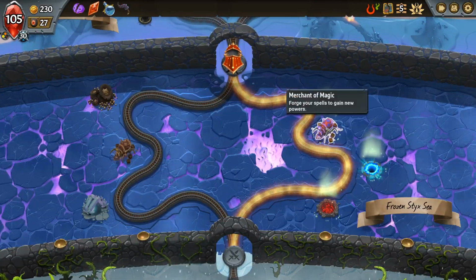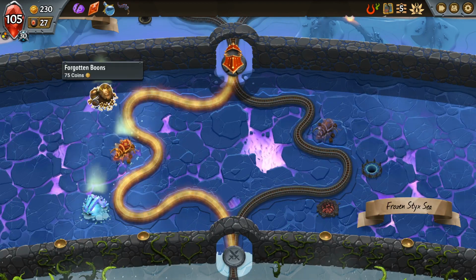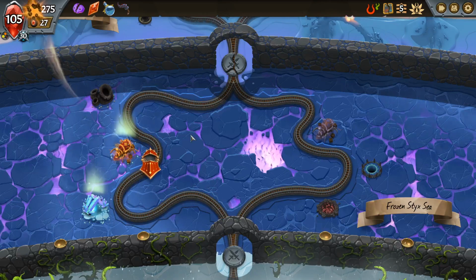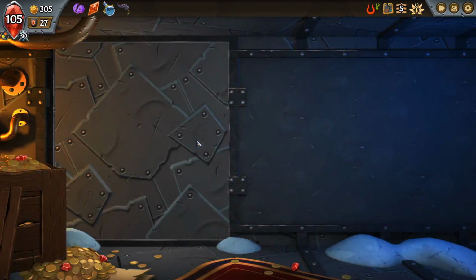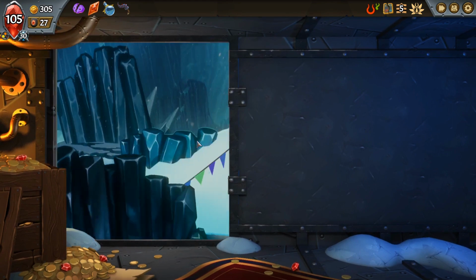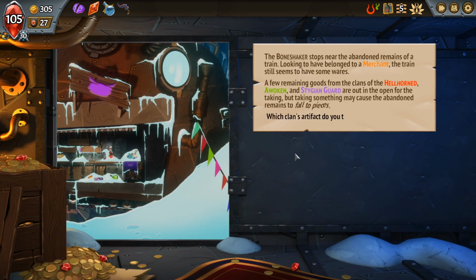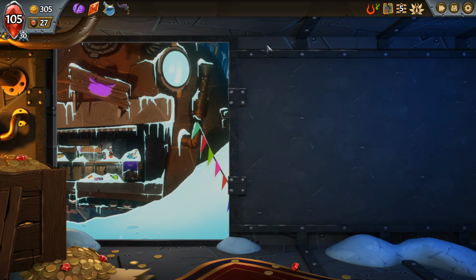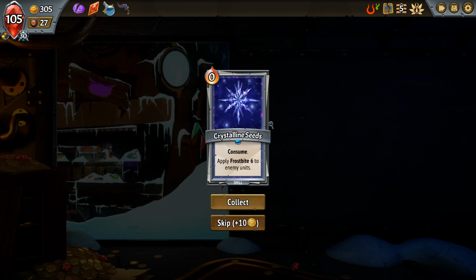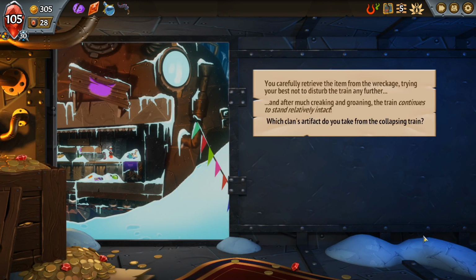Purge 2, upgrade. Oh, you're not going to like it, but I'm upgrading units. You're not going to like the fact that I didn't purge. I'm going to be sensible and come here first, though. Wait, this is what I did last time, and I berated myself for it. Get a random Hellhorn consume card, Awoken, or Stygian. We'll take a Stygian. You know I don't hate it. Why did I pick Stygian? Because...